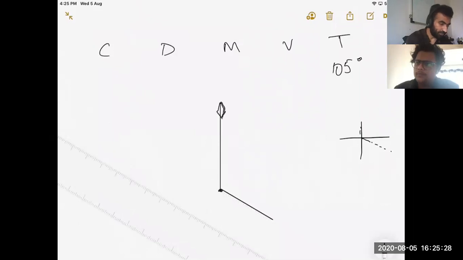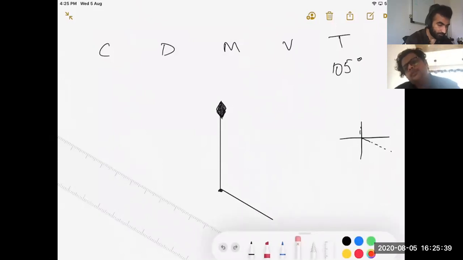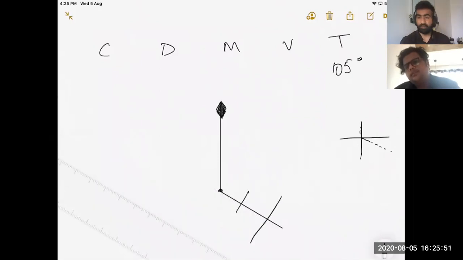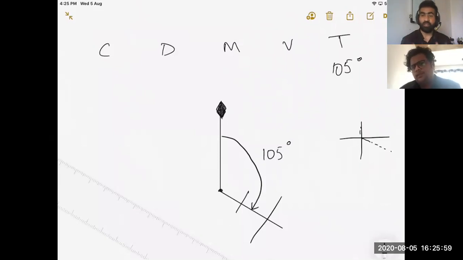So where will your magnetic north be? How will you make 122? We'll calculate the difference. 122 clockwise from magnetic north. So see, be very careful. This direction is 105. Your aircraft at a time will have the same direction. So whatever addition you have to do, you cannot change the aircraft's direction. So where will the magnetic north go?